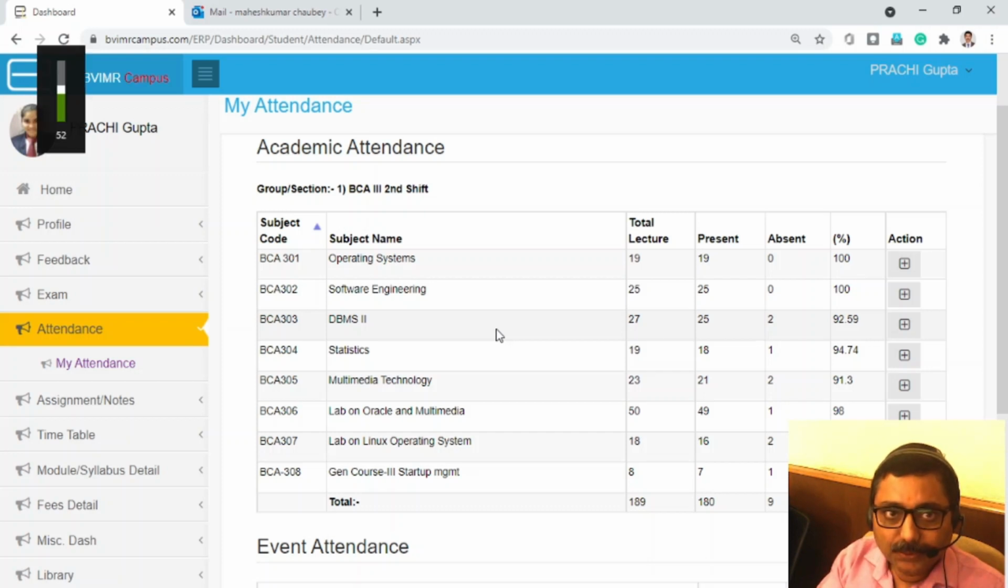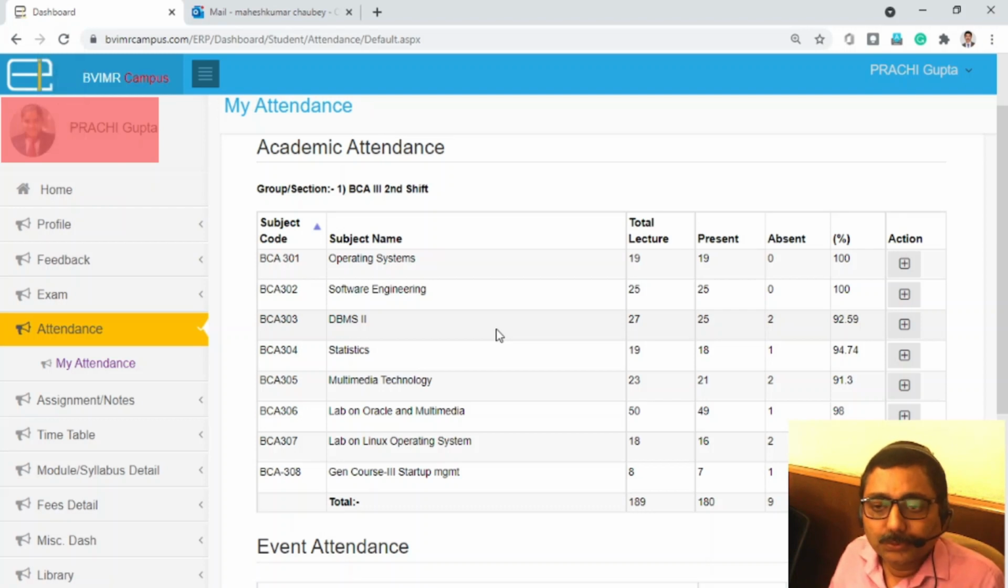So today we'll try to learn how to check or how to audit your attendance calculated by ERP. In this session you will be able to understand the calculation process of ERP for the